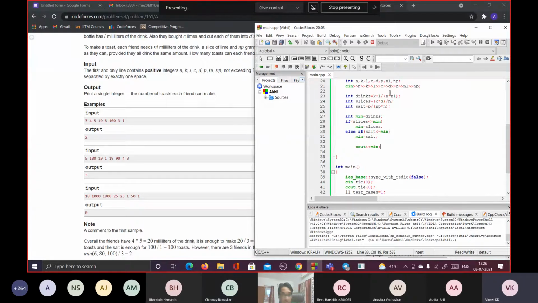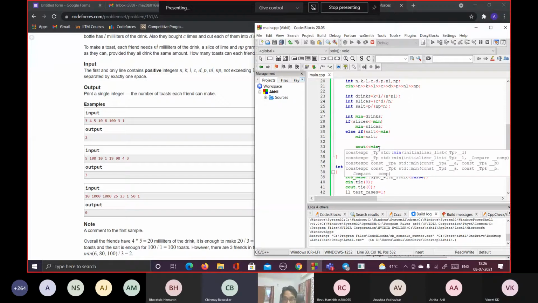Could you just repeat once? I couldn't hear you. Your voice is breaking. Okay. In the last step, we can divide by the number of the friends, because it will result in the integral division, and it will lead to 0. Okay, so you mean this step, right?